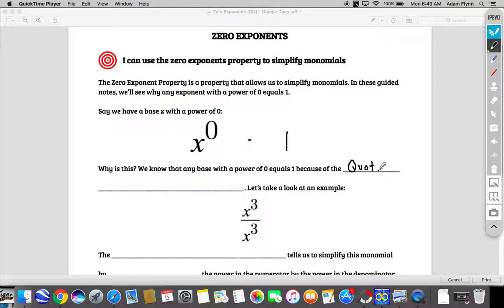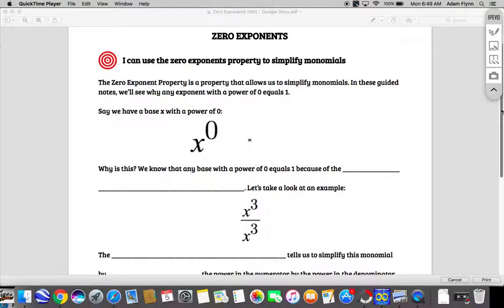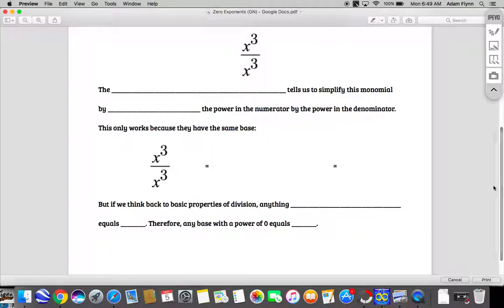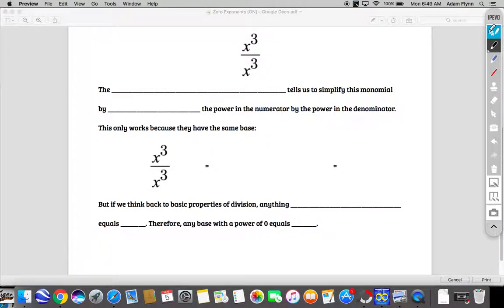quotient of powers property. Okay, so let's take a look at an example. So if we have x cubed over x cubed, okay, the